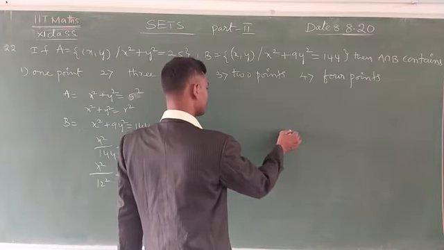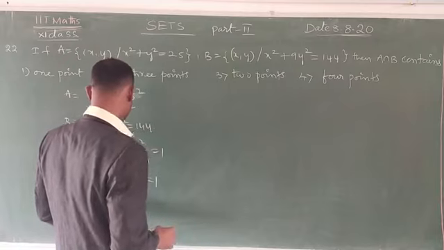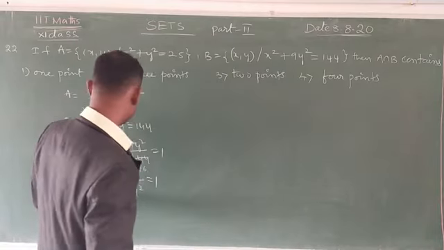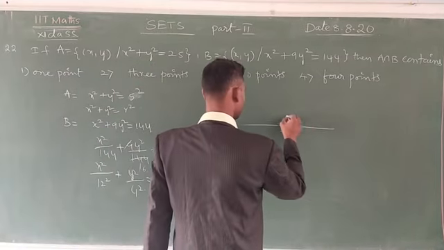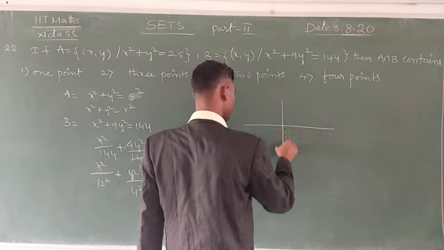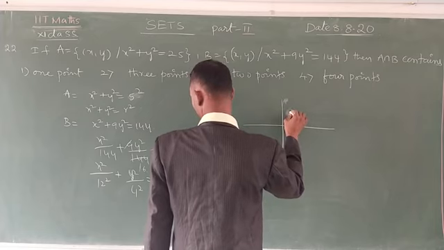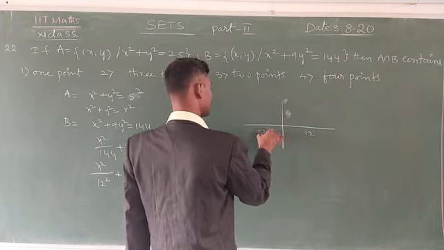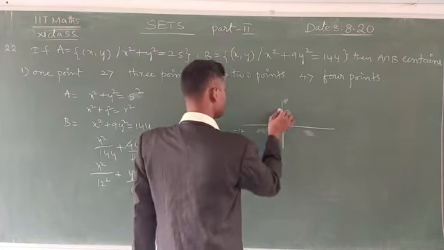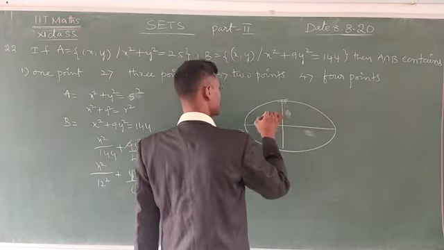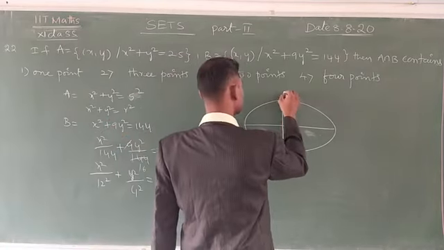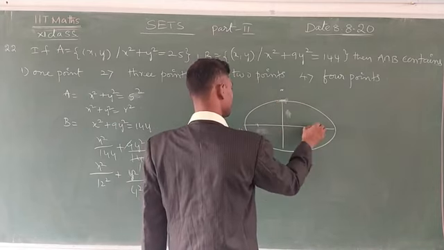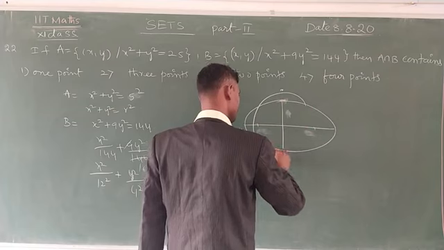Now you have to draw a diagram. See here. Now this is 12, major axis is 12 and minor axis is 4. And this is 12 and this is 4. This is 4 units and this is 4, and this is 12. Here 12, minus 12 and this is plus 12. Now you have to draw it. Now here the circle has 5 units as its radius. Here 5 means this is 5, here also 5, here also 5. Then you can draw one circle.